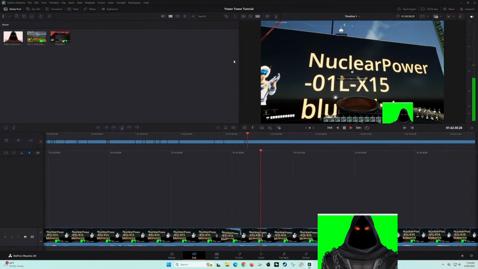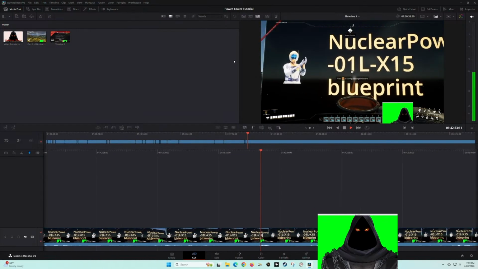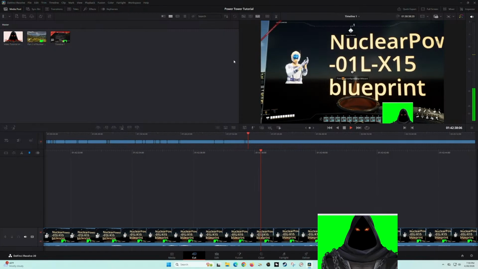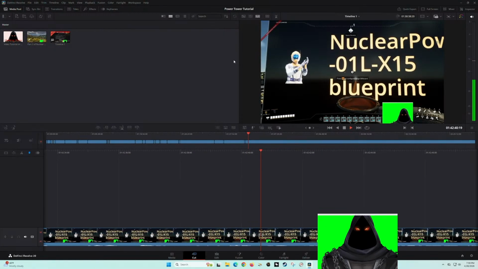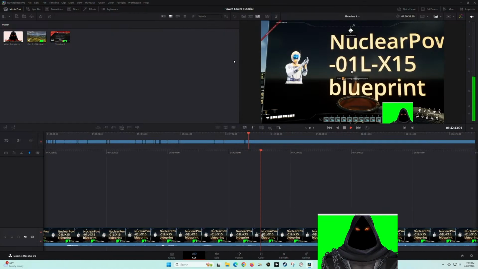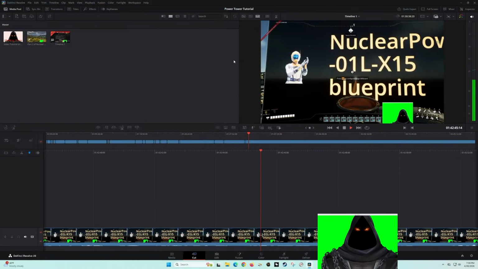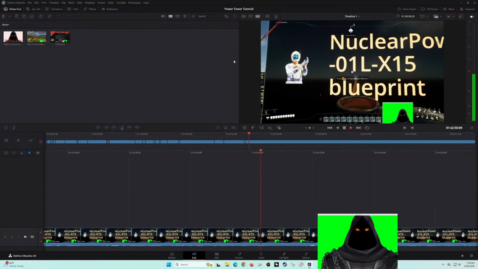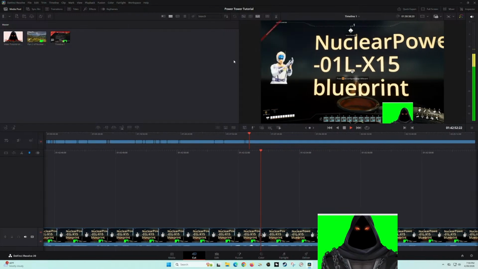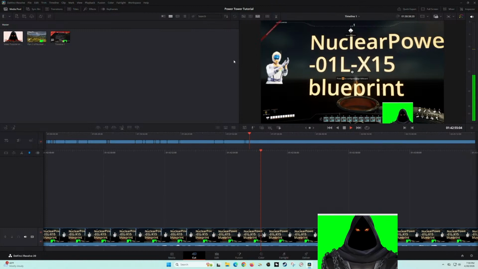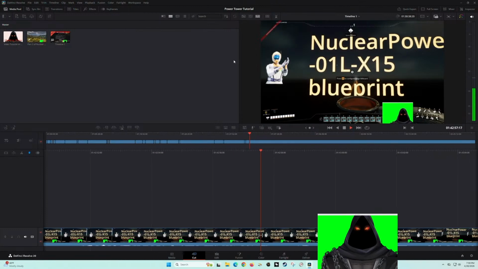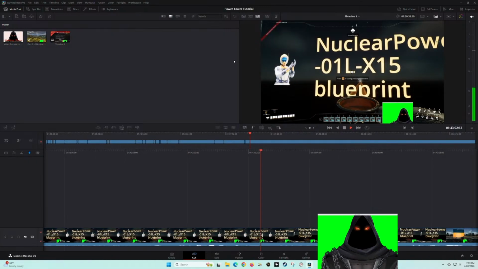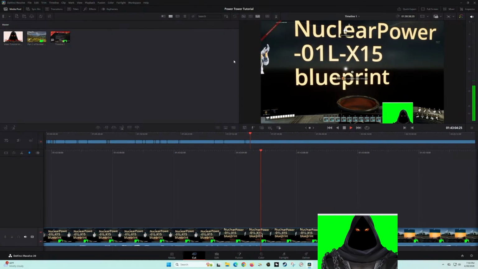It's just the bare minimum setup for the factory. And the O1L is for the numbers, O1 before the L. That just means that's the numerical order of the sequence of blueprints as we go up the stack. And then the X15 just means that there's 15 of these in a sequential stack. Okay, so it's the first set of 15 duplicate blueprints. That's essentially what it means.